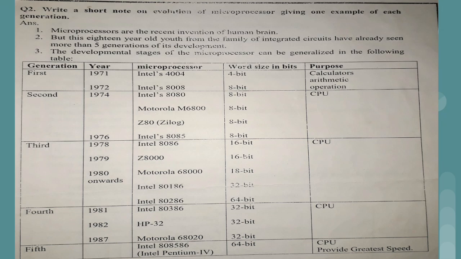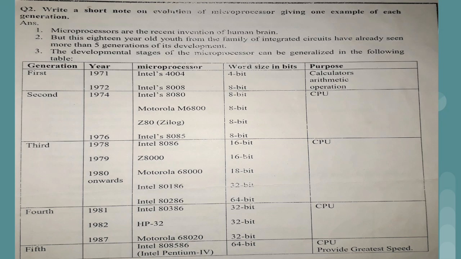So in third generation we are having 8086, 80186, 80286. In fourth generation 80386 is developed, and even 486 is also developed, but that is not much more famous. And now in fifth generation, Intel's 80586 is developed, which we call Pentium 4. After that we are having Pentium 5 also, but as this particular subject has not changed almost for the last 20 years, only the old content is given, and the new content is not added into the syllabus, because now we are having so many other processors also.